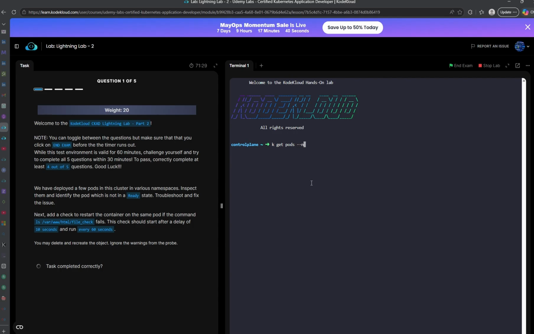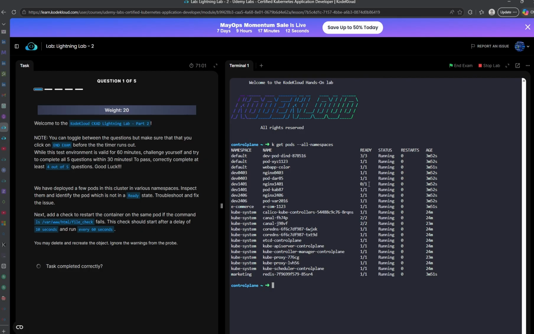So, k get pod. The reason I'm using k here is because I've specified the alias of kubectl to be k. So that's why I'm not using kubectl. This should be hyphen hyphen all